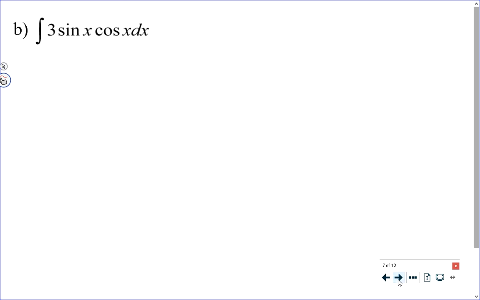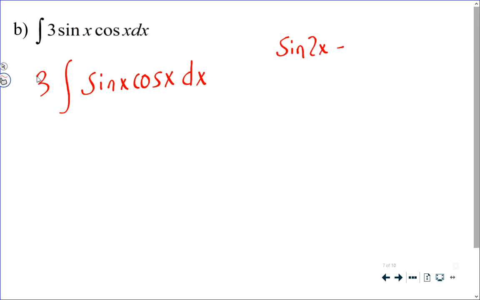Let's take a peek at B. B is an interesting question because there are multiple different answers that you could get. The first thing I would do is move that constant multiple of 3 out in front so that when I ask myself how to anti-differentiate this function, the 3 is not getting in the way. Now it turns out that there are at least three different ways that you can think of this to anti-differentiate it. One of the things you can do is go to an identity sheet and say that since sine of 2x is 2 sine x cos x,